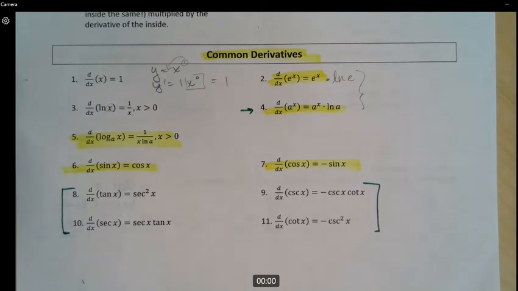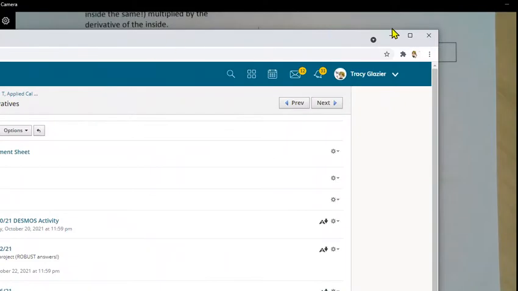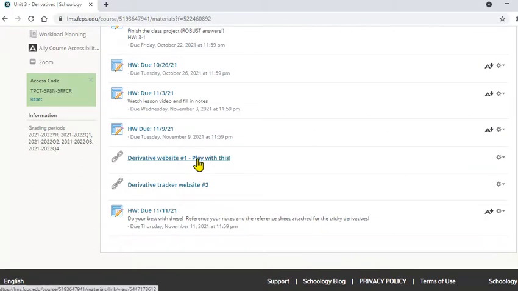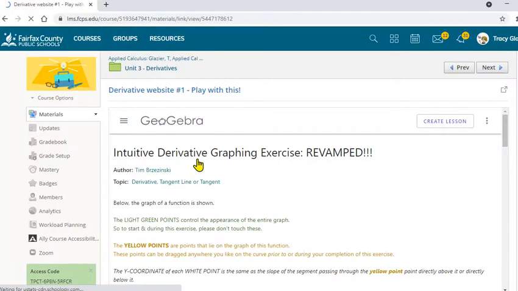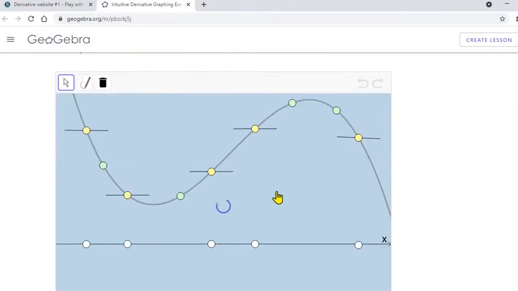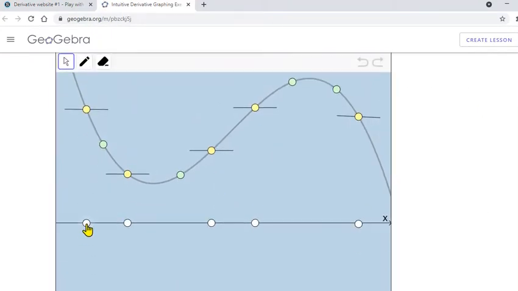In your Schoology website, underneath your assignments, I did put the derivative websites in there, which I thought was pretty cool. This one is kind of cool because you practice raising and lowering the value of the derivative. And I want you to spend some time trying to look at each of those tangent lines, recognizing whether it's a positive value,